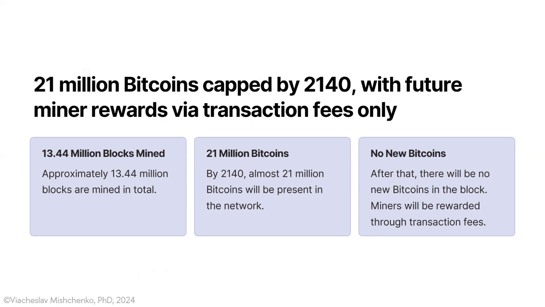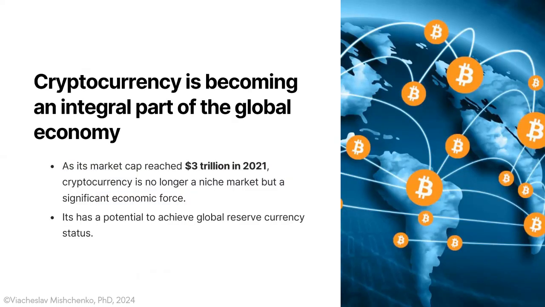When I explain this, for example, I usually emphasize how this creates a perfectly predictable supply curve. For example, something that's never been possible with any other form of money in human history. And this predictability combined with absolute scarcity really makes Bitcoin a fascinating experiment in monetary economics. So now let me share with you some remarkable statistics that demonstrate just how significant cryptocurrency has become